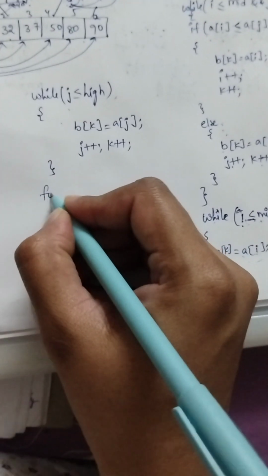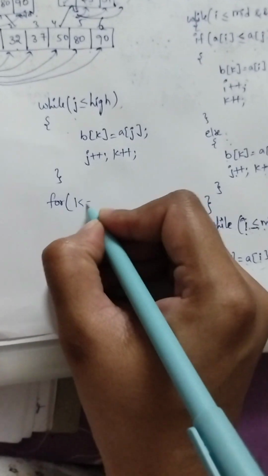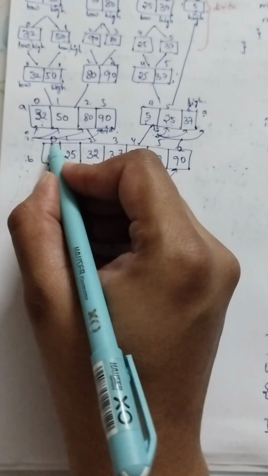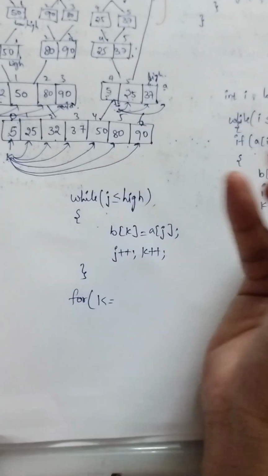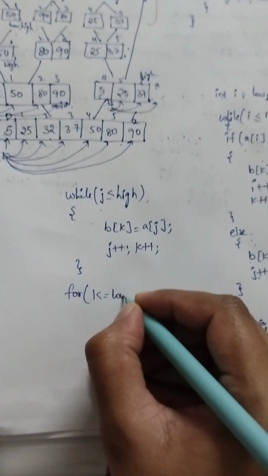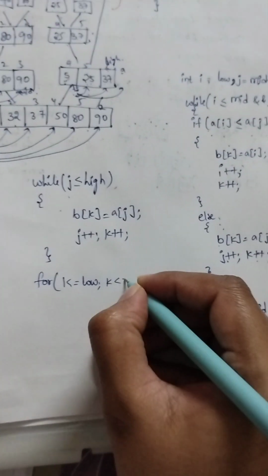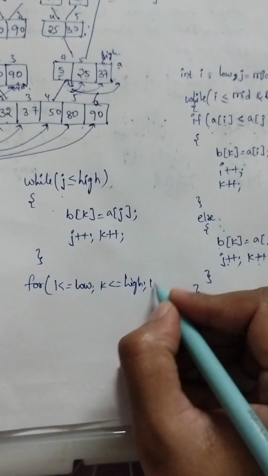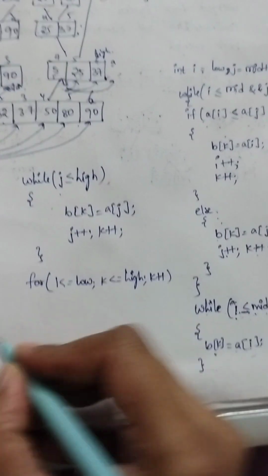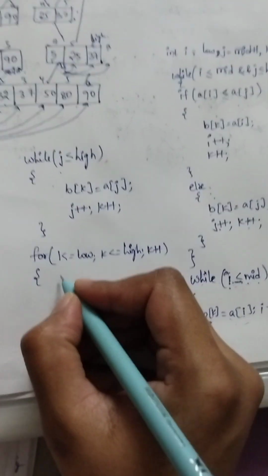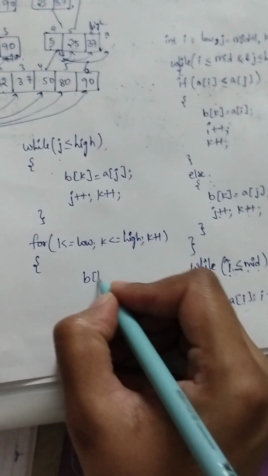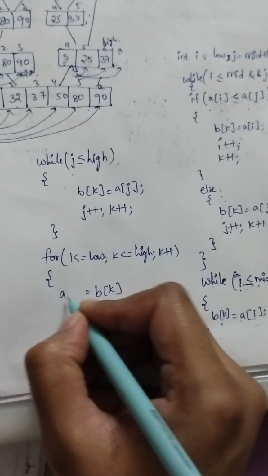The continuation of this: for k equals from 0 to 6. 0 is held by whom? Low. 6 is held by whom? High. So from k equals low to k less than or equal to high, reaching from 0 to 6, obviously we need to do what? Increment operation, k plus plus. So inside here we are going to copy the b of k values into a of k,